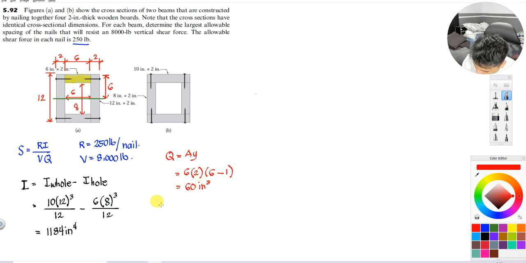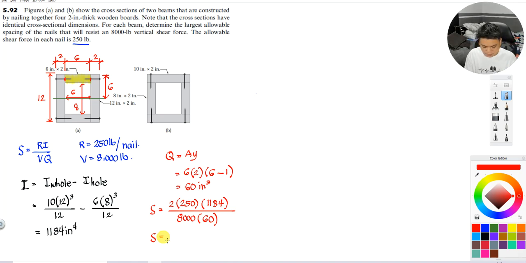Okay, so the spacing now would require me R. Kaya lang yung R ko per nail. Kaya lang dalawa yung shearing area, so isa dito, and then isa doon. So, I can now have 2 multiplied by 250. Okay, and then multiplied by I, which is 1184, all over VQ. So, ang V ko is 8,000 at ang Q ko ay 60. So, I have now the spacing equals to 2 times 250 times 1184 all over 8,000 times 60. So, I have now 1.23